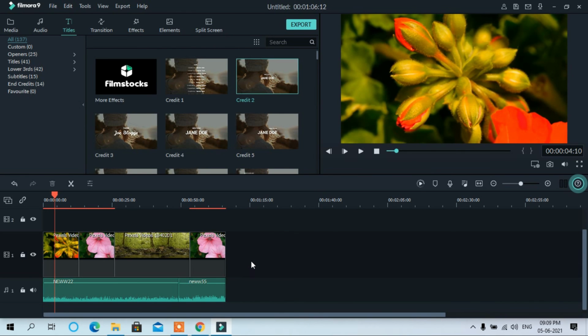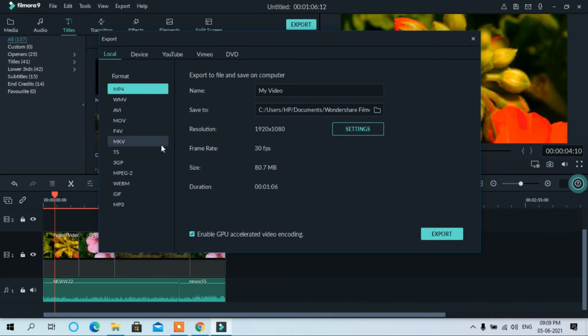And last, when you feel that the whole video is okay, and you want to export it, just press here. Here you have to see which format you want to use, whether you want WMV, AVI, MOV file, MP4 file. There are a number of formats, but usually we use MP4. We also use MP4 for YouTube videos.